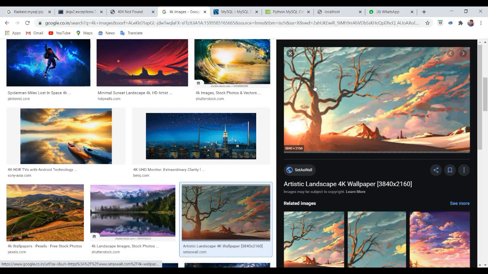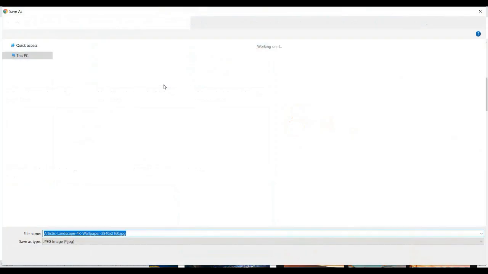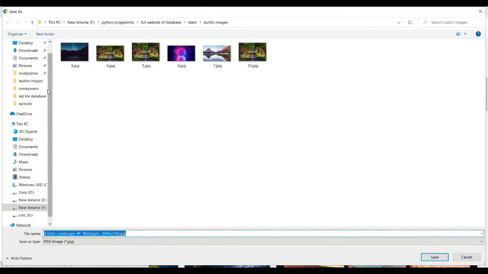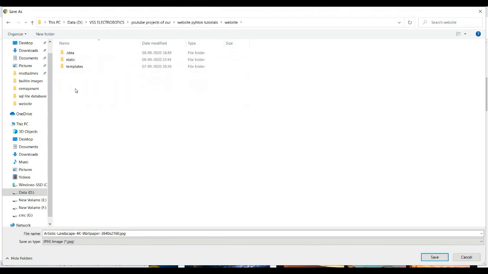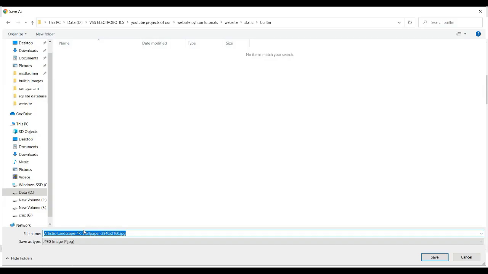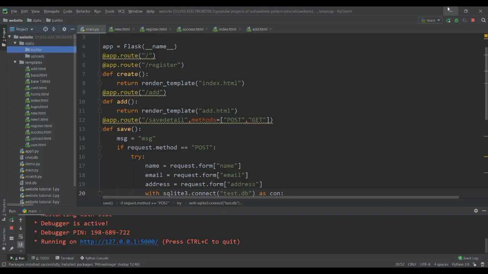After it finishes, wait, it's quite big. Okay, save images. Look at that, it is in our static folder.